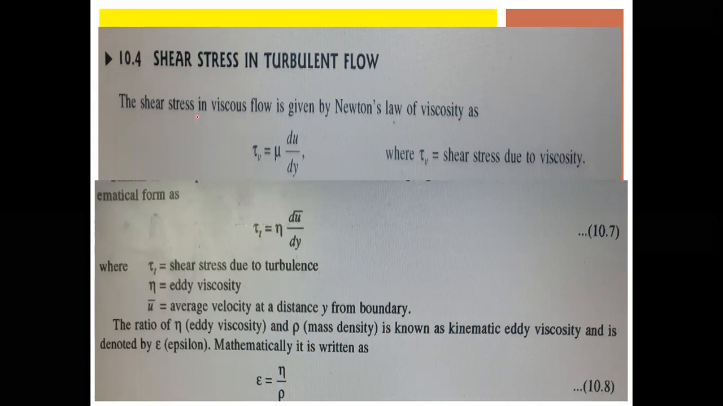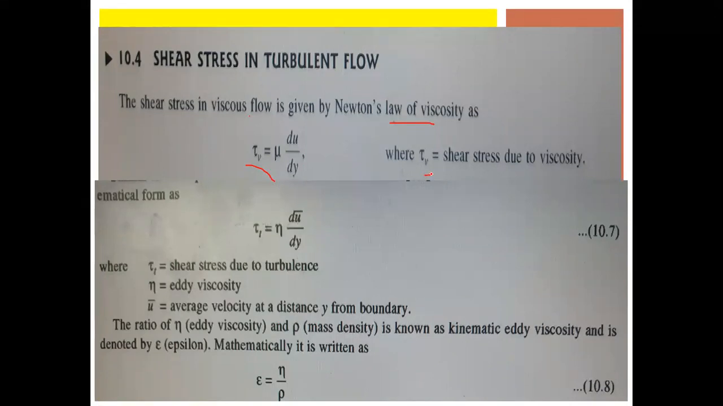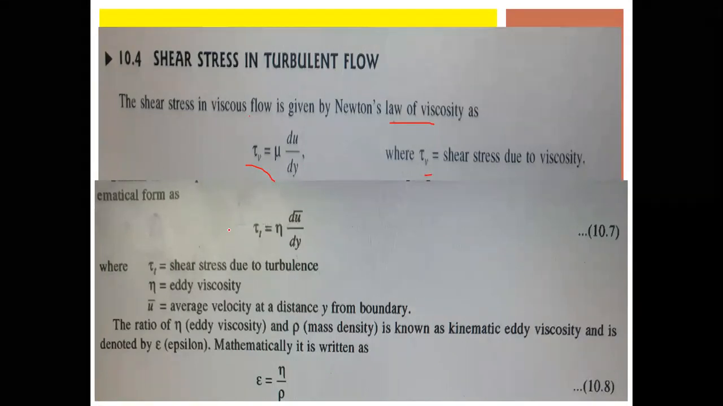Next, the shear stress in the viscous flow. The shear stress in the viscous flow is given by Newton's law of viscosity: tau V is equal to mu into du by dy, where tau V is the shear stress due to the viscosity. Therefore, the mathematical formula can be written as, for turbulent flow, tau T is equal to